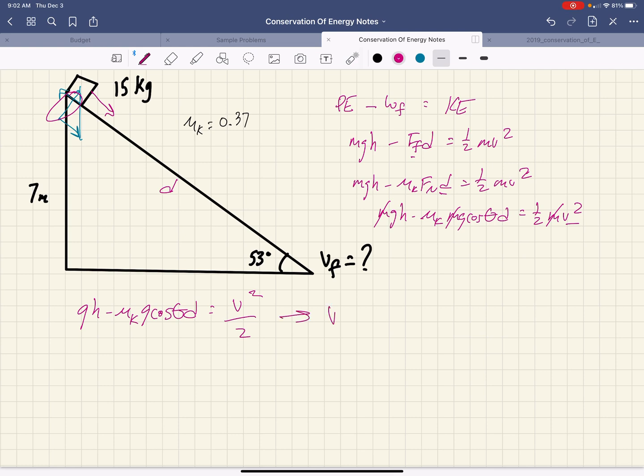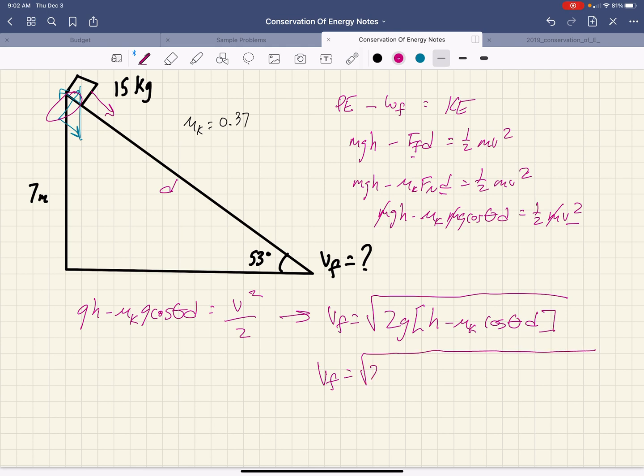Now we can multiply both sides by 2 and take the square root. So the final velocity is going to be the square root of 2g. I'm just factoring a g out. I just like to factor things out if I can. Then h minus mu sub k cos theta d. Still cannot forget your d. All right, and now it is calculator time. So vf is equal to the square root of 2 times 9.8 times 7 minus